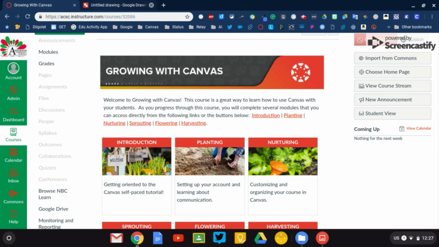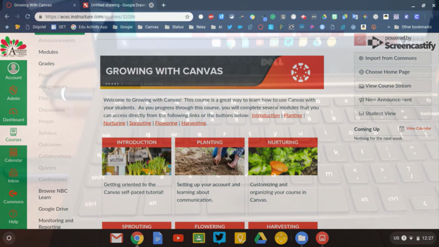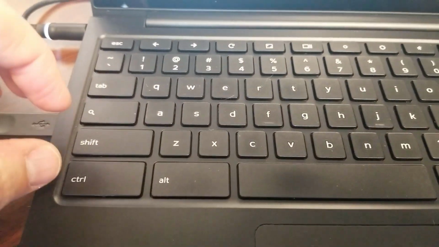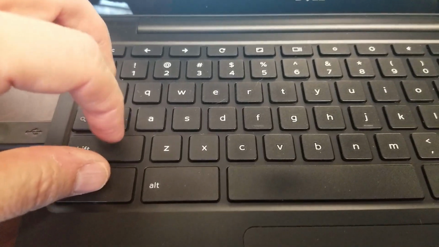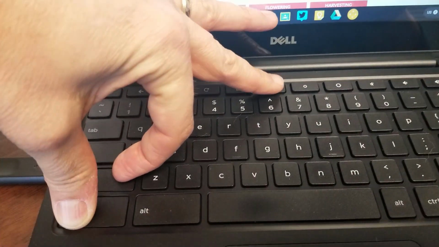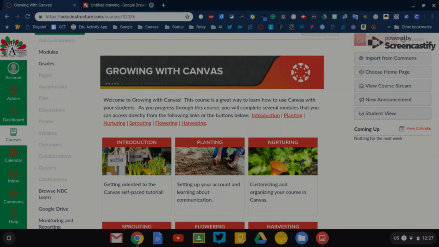So the second way I want to show you is sometimes you don't need the entire screen. All you need is a portion of the screen. So let's take a look at how to do that. This time I'm going to use the Control, the Shift, and the window switcher button all together. Control, Shift, Switch. And when I do that, on the screen, it gets a little dark, and you can see